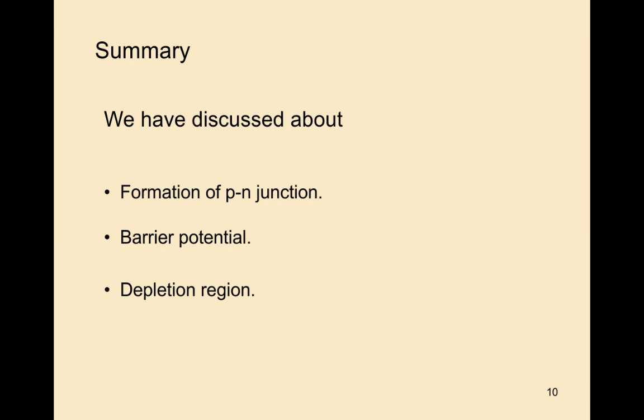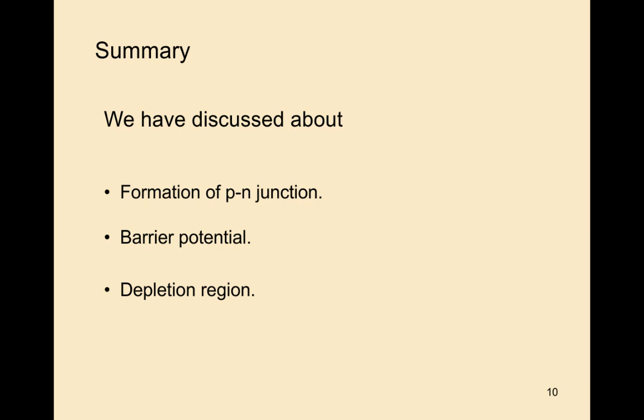By this recombination some potential will be generated. That potential we call the barrier potential. After this potential, the junction results in a depletion region. That means after this potential voltage value, the electrons from the n side and holes from the p side are depleted from the junction. That region we call the depletion region. The thickness of this depletion region is about 0.5 micrometer.